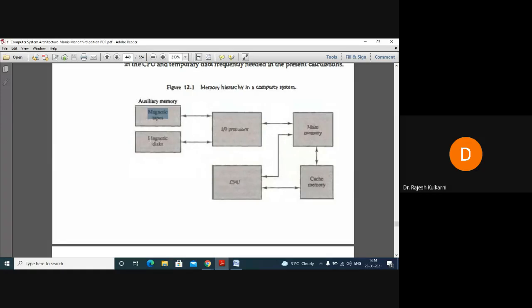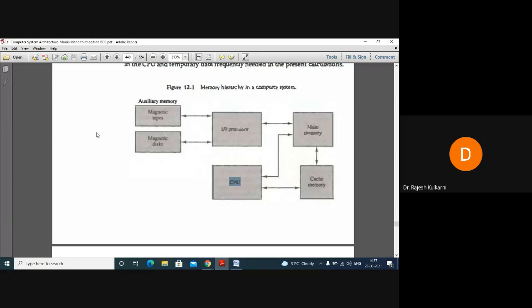So as you can see, there are many types of memories being referred: hard disk, CD, pen drive, RAM, ROM, cache memory, register memory. These memories are different. They use different technologies. For example, these are auxiliary devices or electromechanical devices. Rest of them are electronic devices. They have different speeds. For example, the auxiliary device speed is seconds, the main memory speed is nanosecond, the CPU speed is microsecond. Just to differentiate, I am telling, not exact speeds.